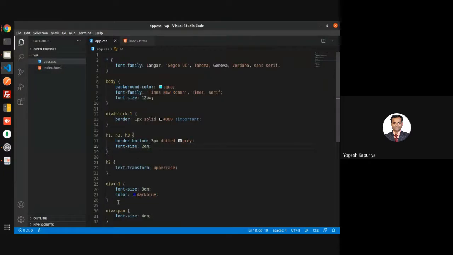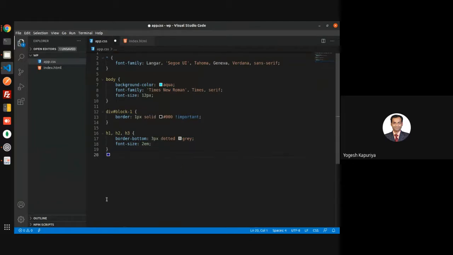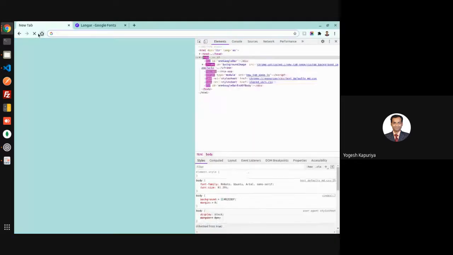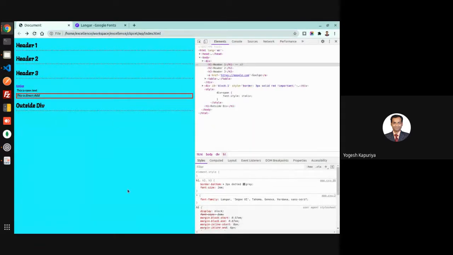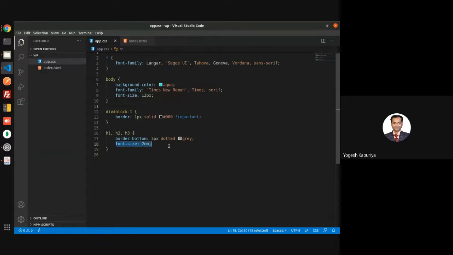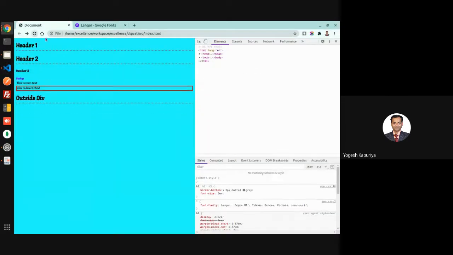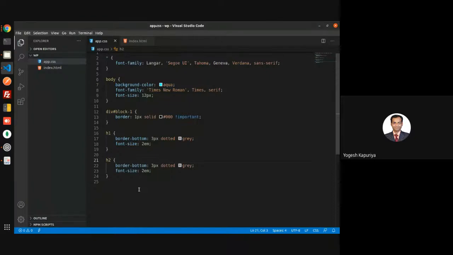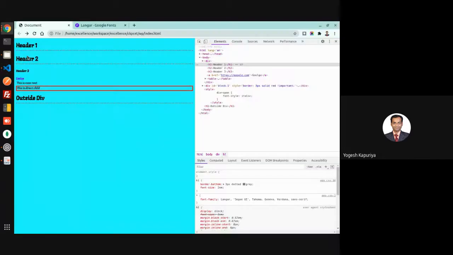I remove the other font sizes, so let us remove all this. Now let us again change it. Header 1, header 2, then this.